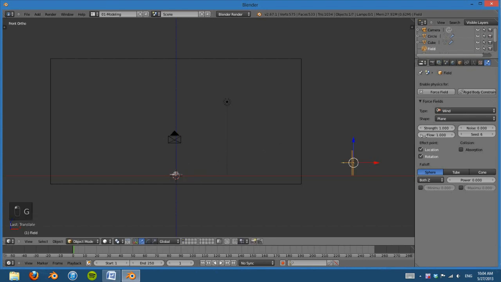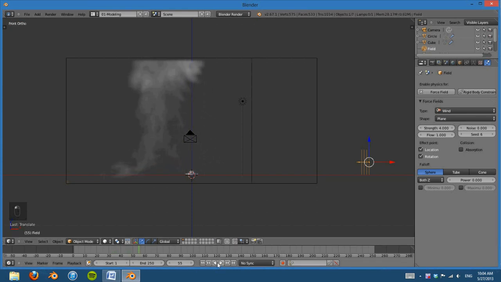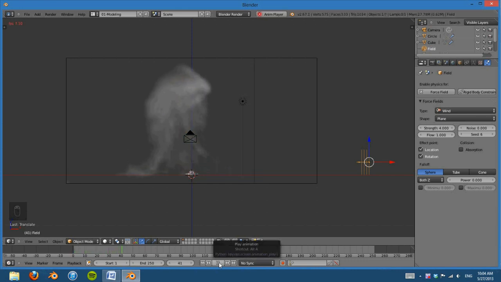It doesn't really matter. And I'm going to change this to, let's say, 4, because that seemed to work well earlier. What that's going to do is blow the smoke away after it's kind of exploded. It's going to slowly move it that way, and that just helps make it look a lot more realistic, because there's only one point on the entire Earth where there's no wind at all at any point in time,